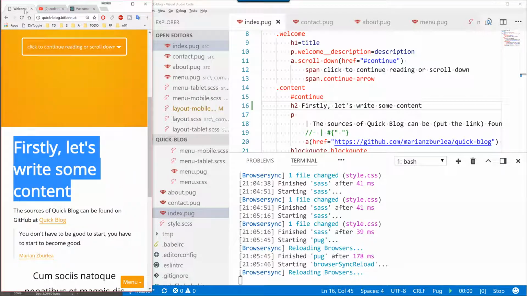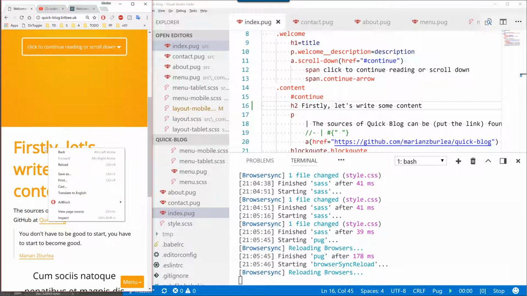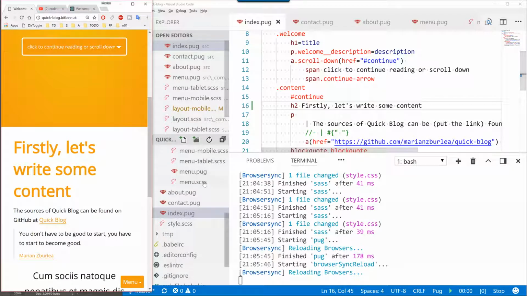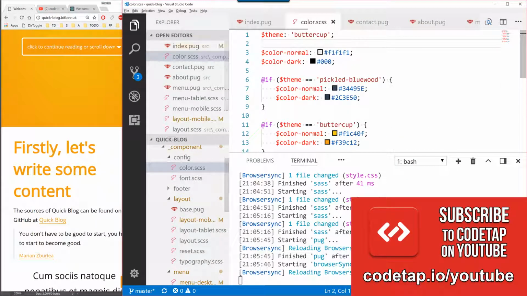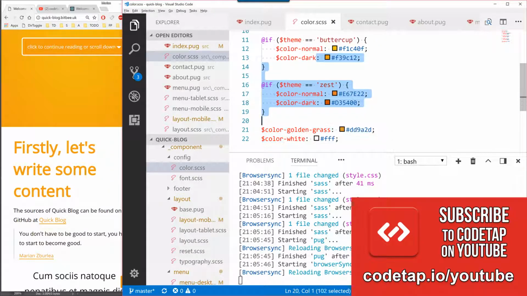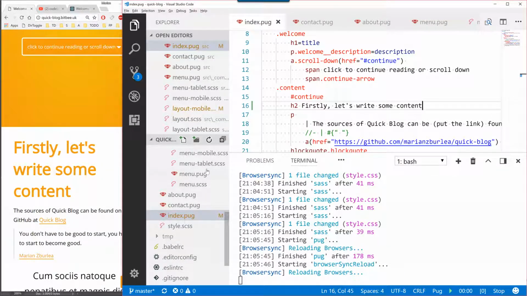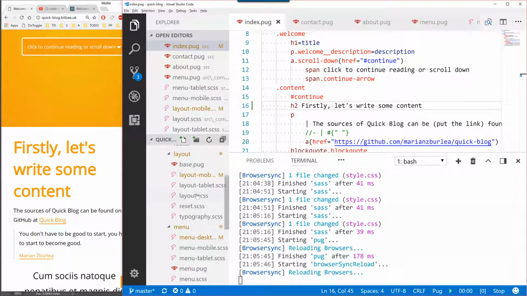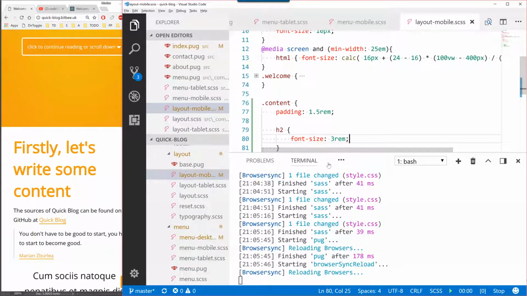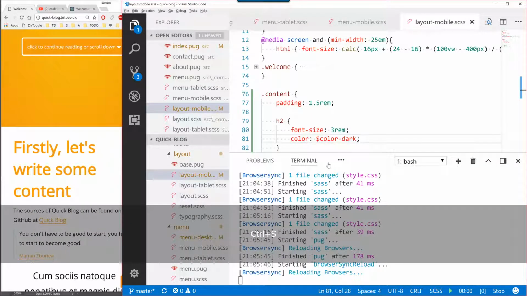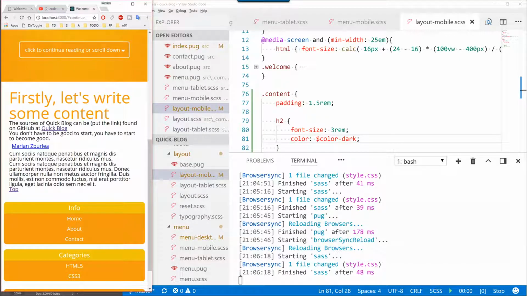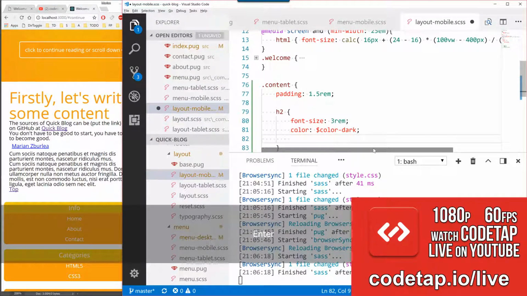First thing, color. What's the color looking like? We have a light and a dark color. Let's check our config. So see color normal. Dark, look. So color dark. Let's do color dark. Okay, in the CSS, yes. Layout mobile, yeah. Color dark. Woo! Nice, getting there. Is it like bolded or what? Font weight, bold. Is it? Yeah. Looks